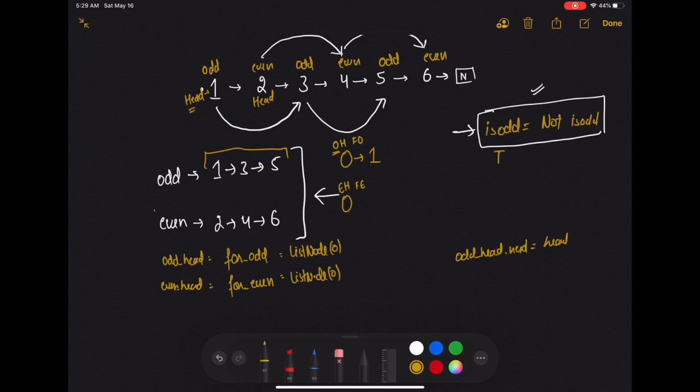Now my head comes to 2, and I'm going to change my isOdd, which will now become false. That means the next element is even, and when the element is even, we need to add it to the even linked list. So now my evenHead dot next will be equal to head, which is pointing at 2 now, and my forEven will be equal to forEven dot next. So my forEven will come here, and my forOdd will also come at 1.